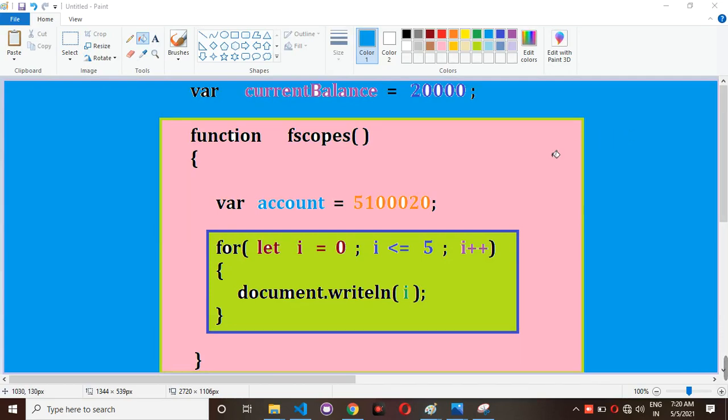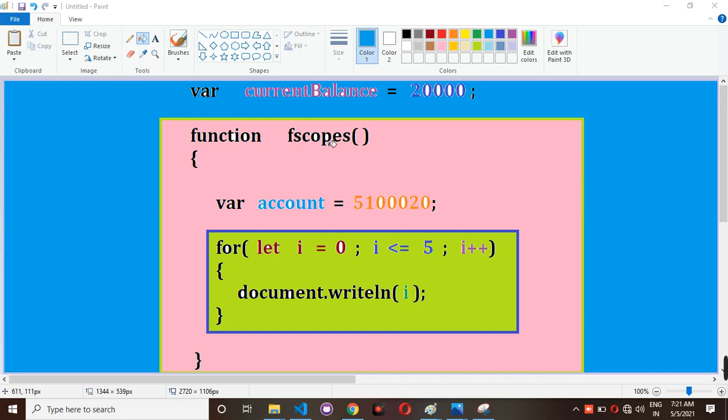And you have one more thing. For example, here you have the function keyword, and after the function keyword, fs, meaning function scope, is the function name. If you observe, this is another color. So we have three types of scopes. One is the function scope. Function scope means you have a function keyword here.